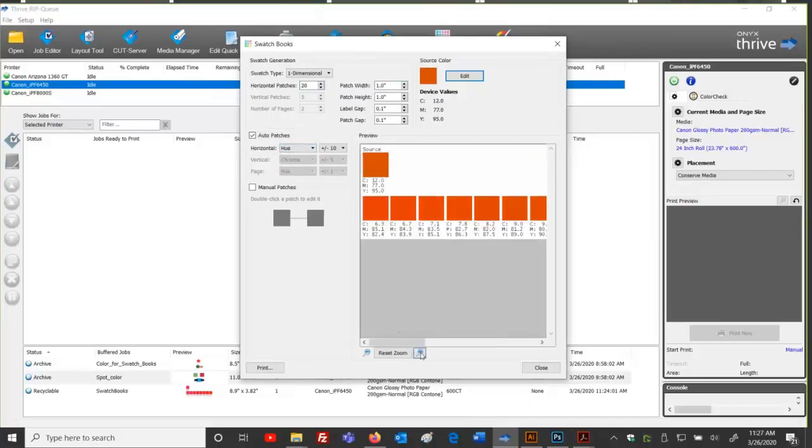When we print this chart, the recipe below the square, if I said, yep, that's the one right there, 10.2, 79.2, 91.4, that's the recipe right there, that's the match, and I say that's the golden one after I print this, well, now I've got some information to go by. Those are device values. So let's say I print this out, and that patch is my golden patch. That's the patch that matches.